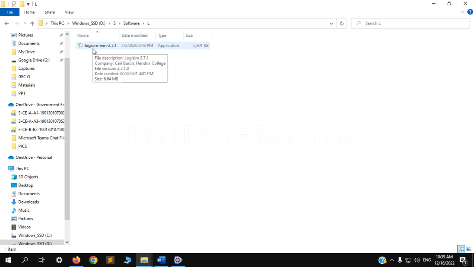When you double click on this application, sometimes a Java update pop-up will appear. Click on OK in the pop-up and it will redirect you to download Java. Download Java and update the system. After that, come back to your Logisim application and double click on it. So as you can see now